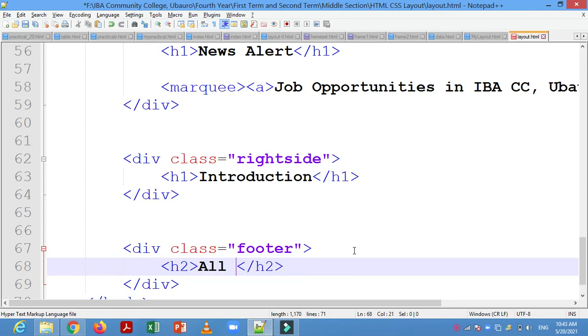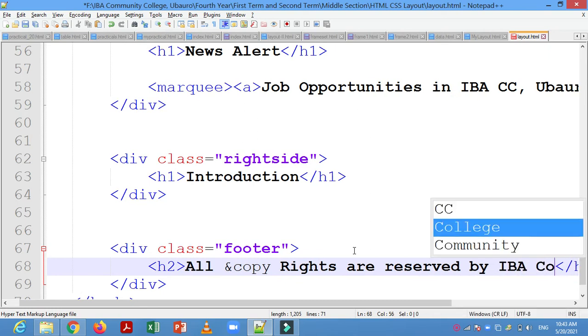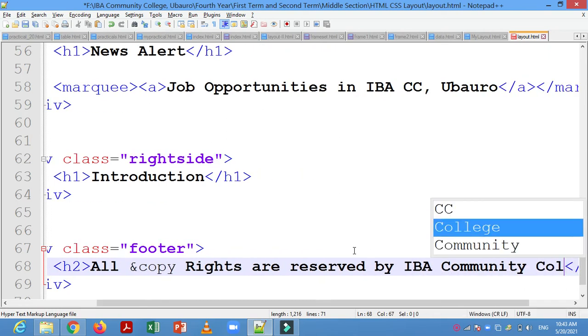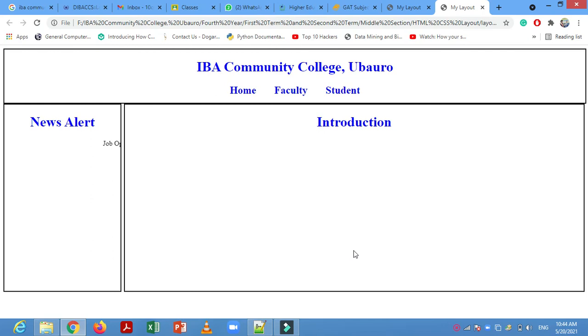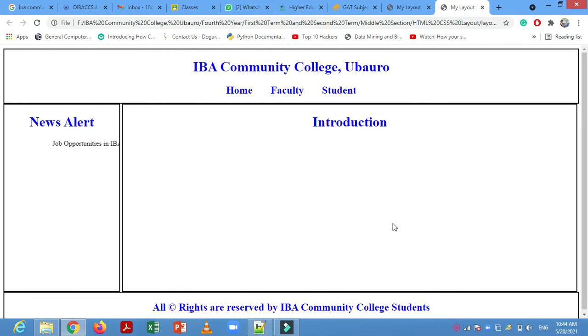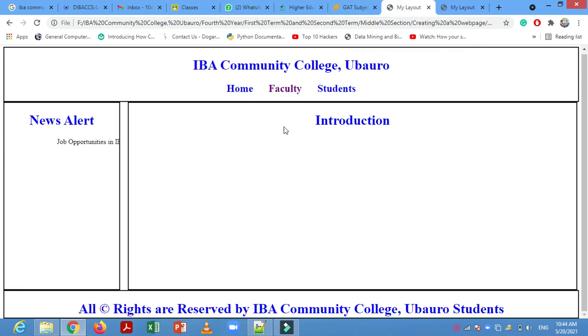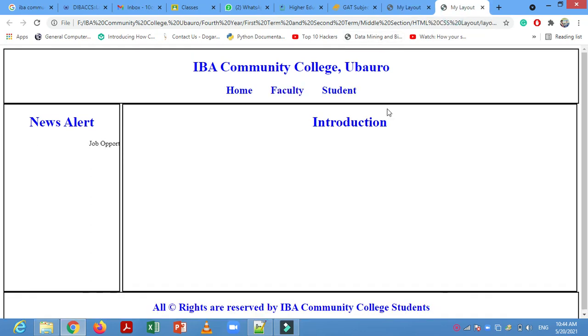Okay, so all copyright are reserved by anyone, just like as IBA community college students. Okay, just save it, and here you have to refresh it. So in this way we have created same template or same layout. From here you can see I have already created this one, and in this lecture I have created this layout. I think it will be beneficial for you.